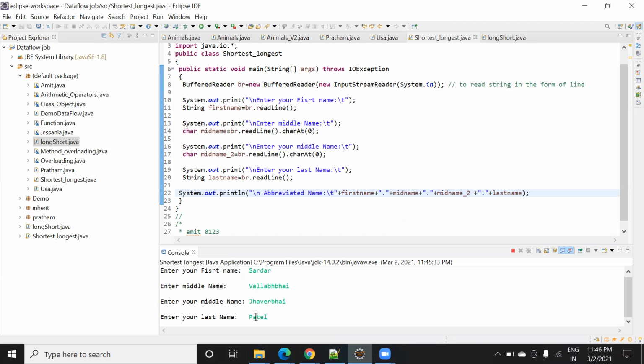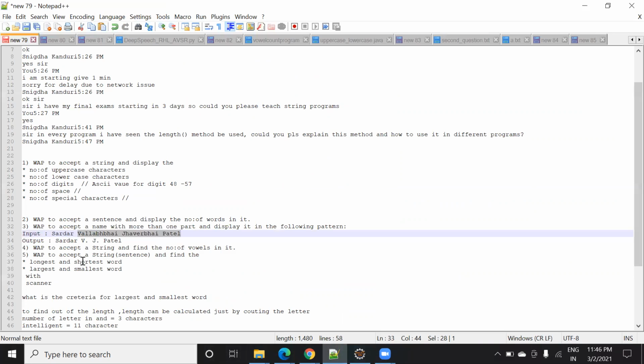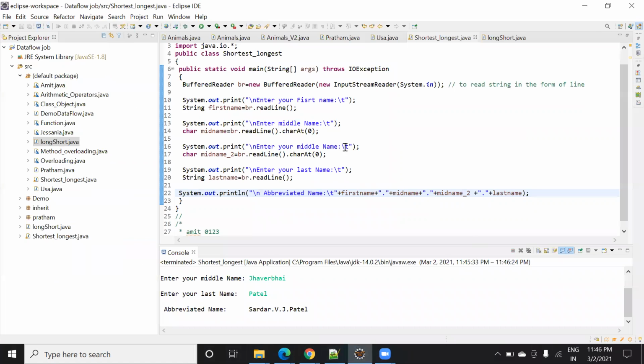Now just see, Sardar Vallabh Bhai Patel, and here also you will get the same thing. So this is how easily we did both the programs.